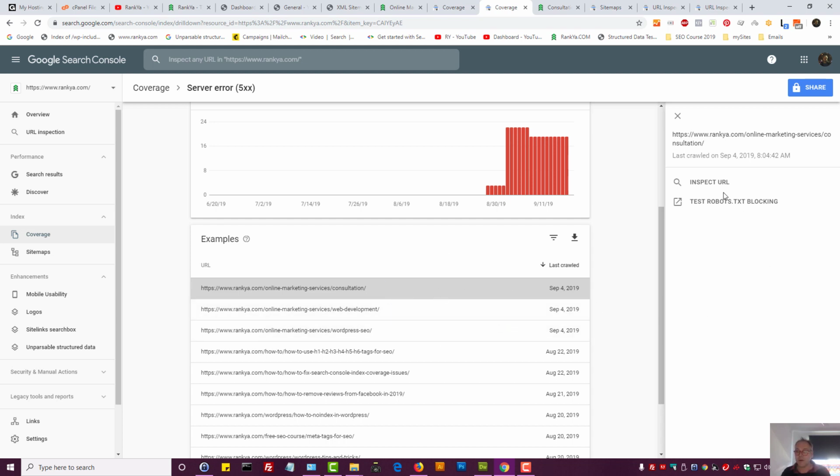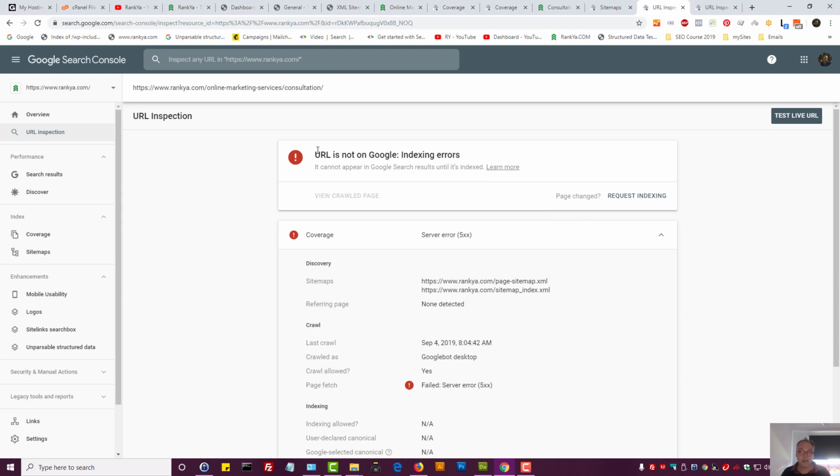Next, Google says, okay, we have some tools for you to fix these problems. We have the Inspect URL tool. Let's press on that. It's going to take a bit of time, but this is what Google shows. The URL inspection tool tells us Google couldn't index that page because it couldn't understand it, because the server gave a response saying server error 5xx. Usually it's 500 internal server error. Then it tells us, this is the sitemap of your site. As we can see,